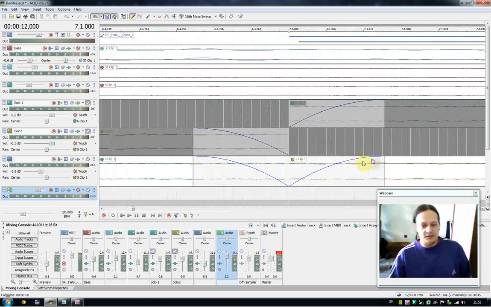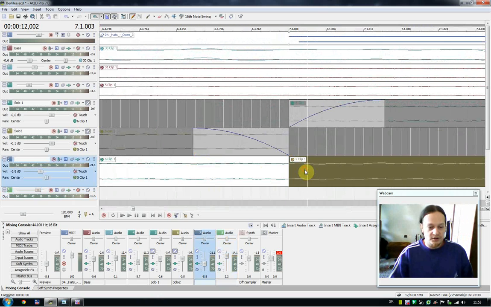Most of them are done automatically, but if not, you can do it yourself. I'll show you how. This is how it would look if there isn't one. So you take it like this, and when the mouse cursor changes, it always changes like this, no matter what DAW, you just click it and pull it. Second one, click and pull. You can change the curve of the fade in and fade out. You just need to